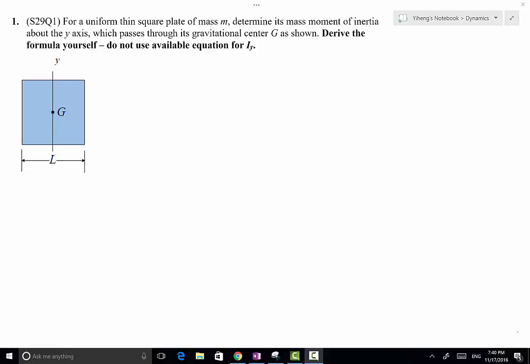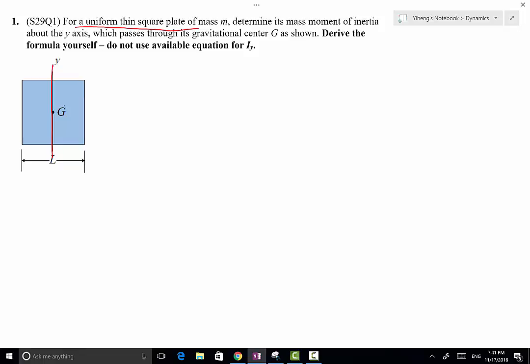In this problem, we are given this uniform thin square plate. Its mass is m, and it's also a solid plate. And this dimension is L because this is a square, therefore this dimension is L as well. And we need to determine the mass moment of inertia of this plate about this y-axis, which crosses its gravitational